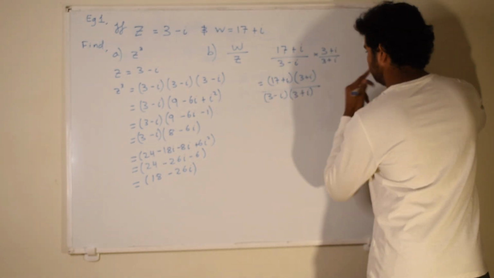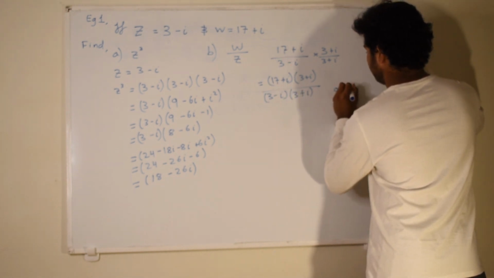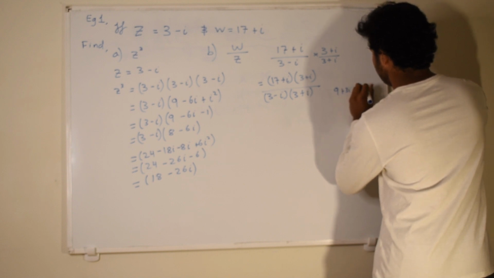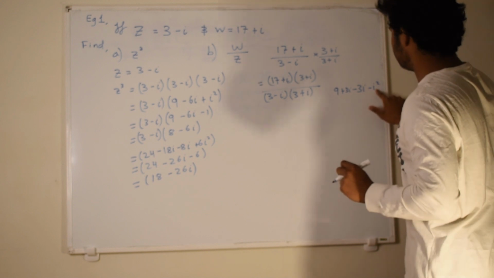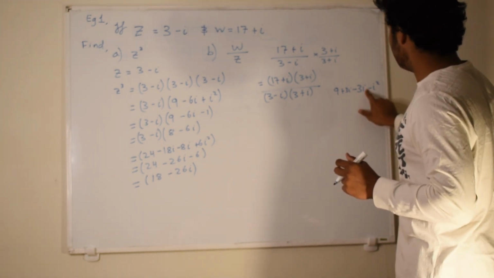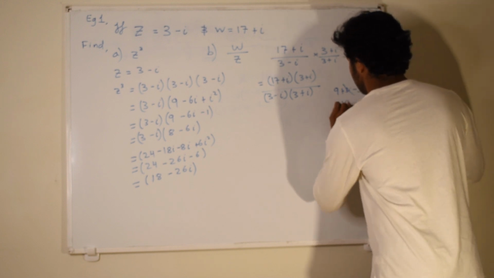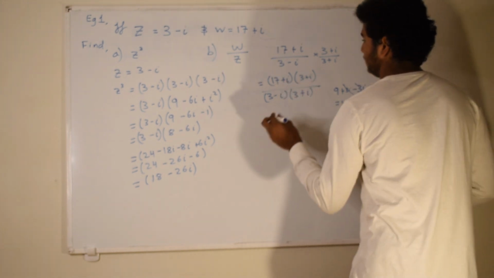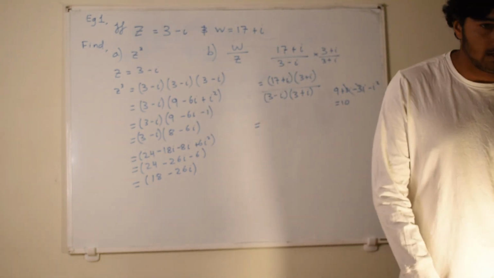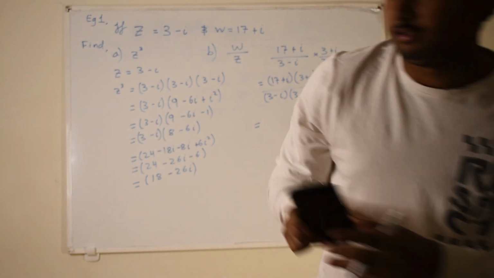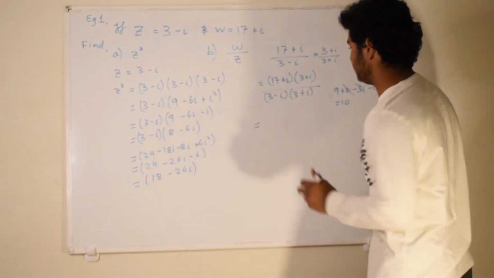So 3 times 3 would be 9, plus 3i minus 3i, you can see how that cancels out, minus i squared. So minus i squared is negative 1 times the negative, which becomes 1. So the bottom then becomes 9 plus 1, which is 10. So we can equate the top now. 17 times 3 is 51. So the top becomes 51